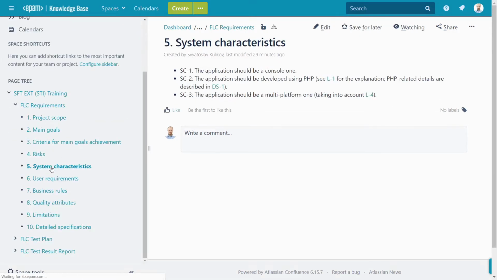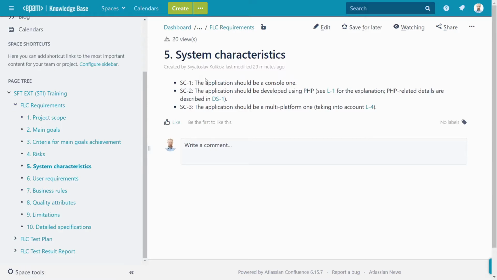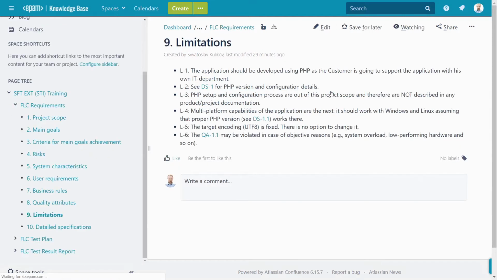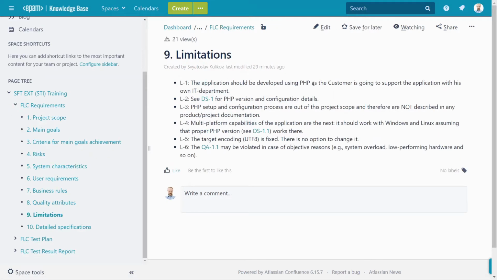The next section is system characteristics. This is about our application. Here we see it should be a console one, should be developed with PHP of some version, and so on. And we see cross-references here, links. For instance, let's click that L1, and what do we see? Why the application should be developed with PHP.